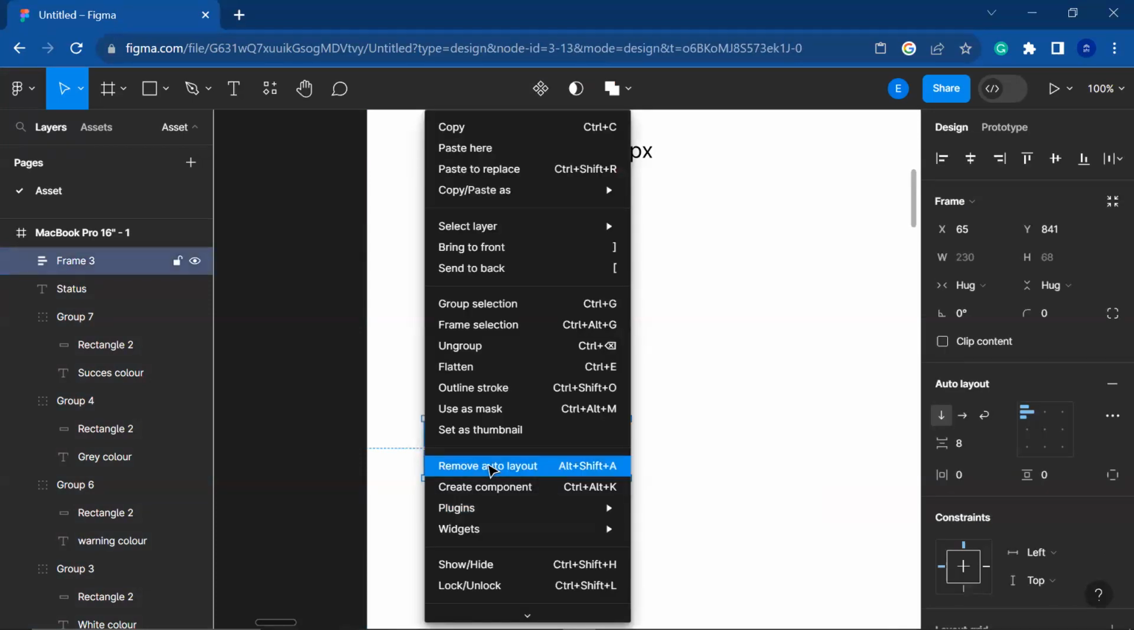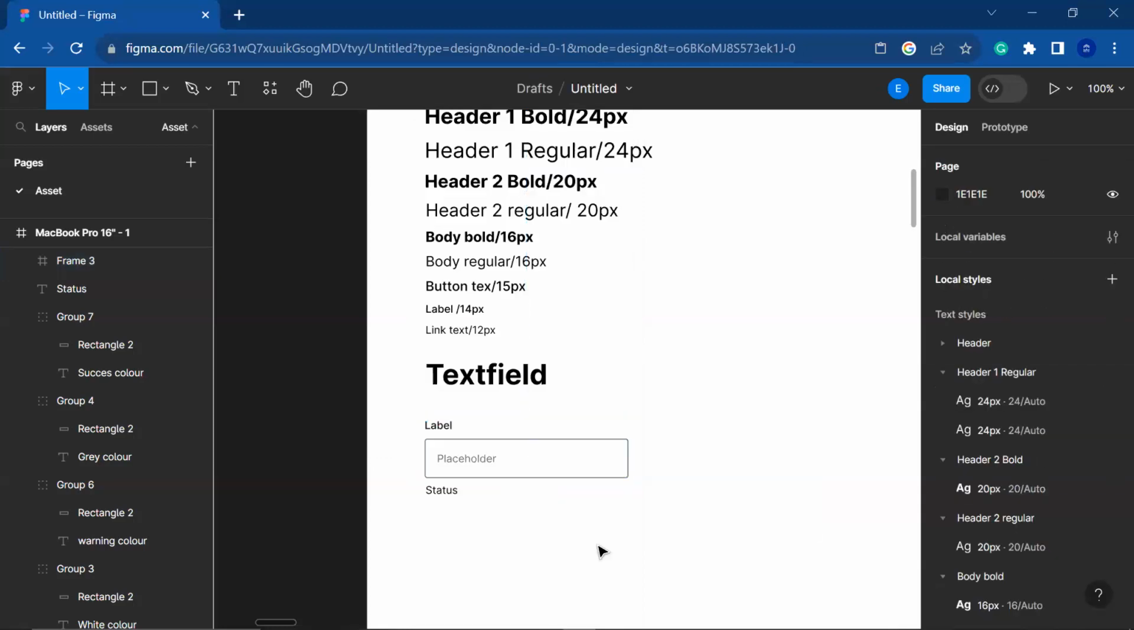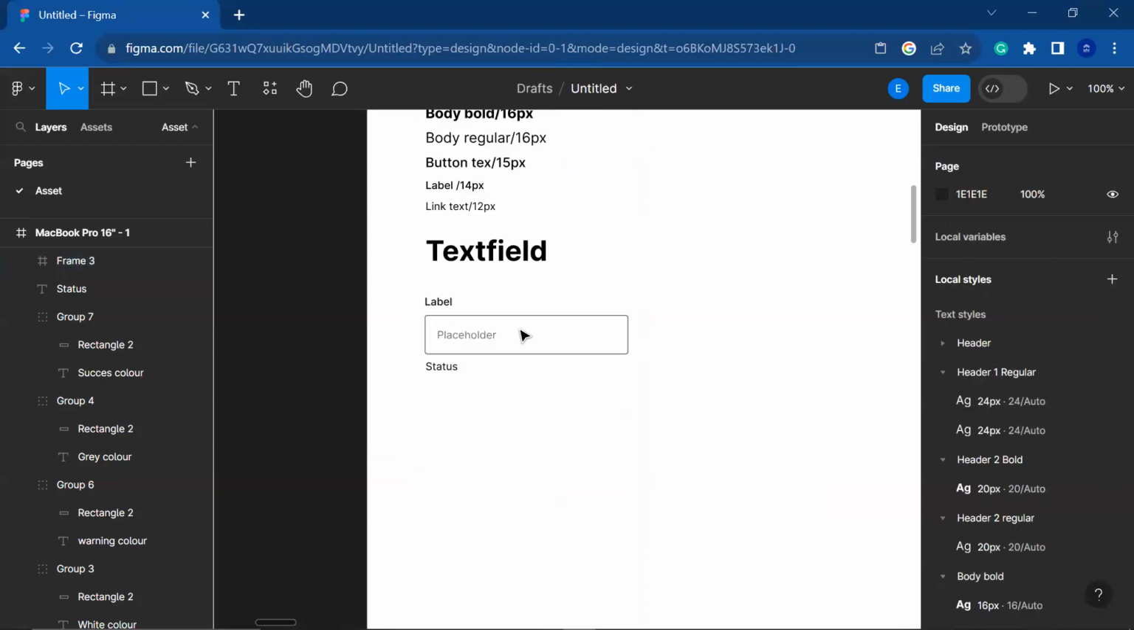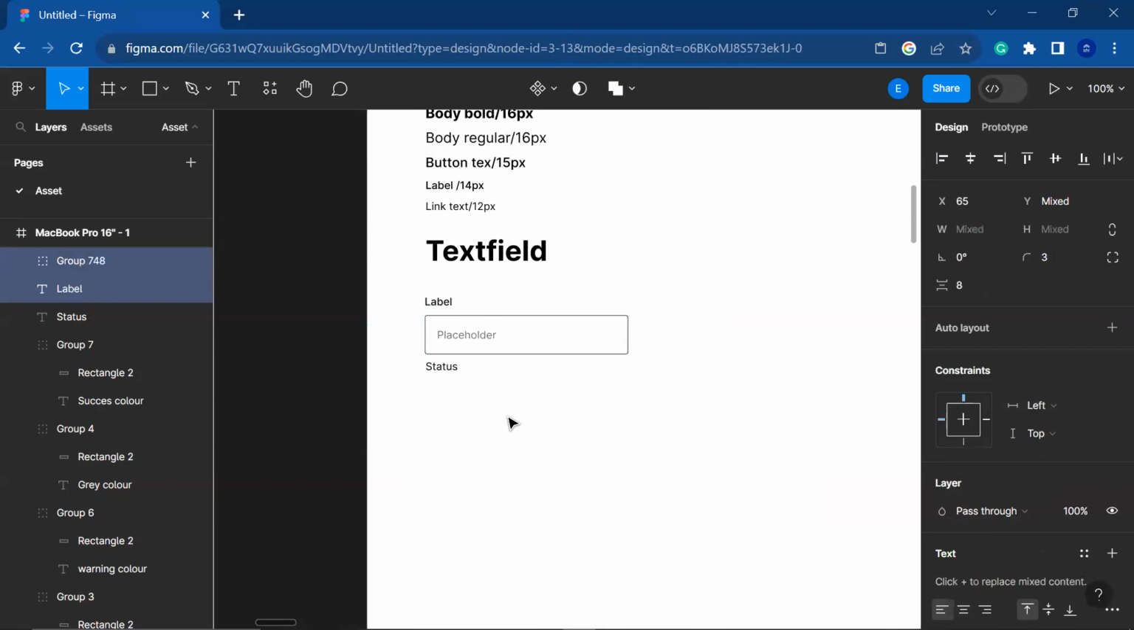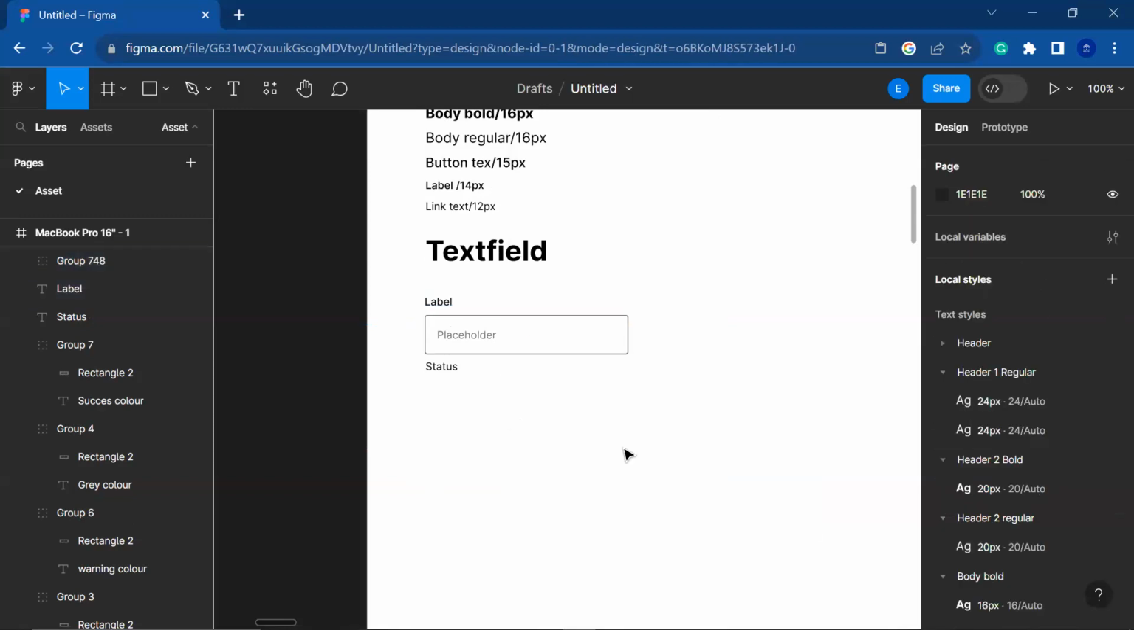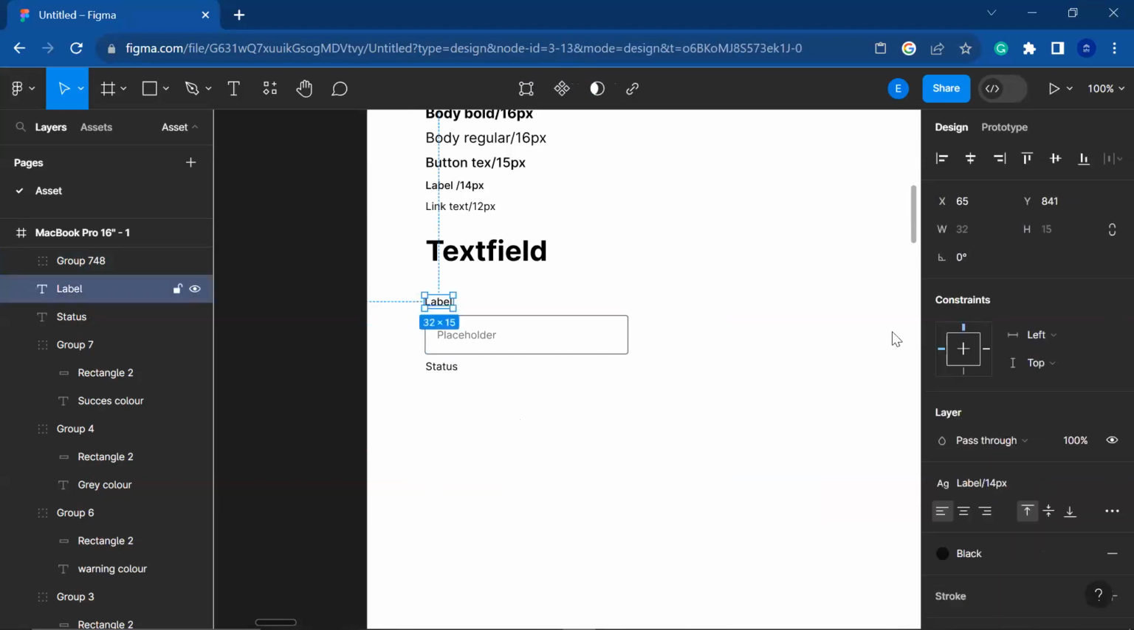Remove auto layout. So if you come to this part of your screen and group, I need to ungroup everything back. Okay. So let me click out. Let me click on this. You can see